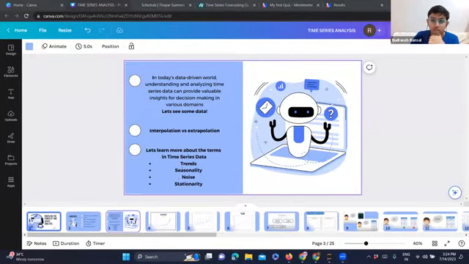So we just talked about trend. We'll see more examples about it. We just talked about seasonality. We'll of course see more examples about it. And noise, the residue that was left was the noise, and then the stationarity. So we'll come to stationarity.